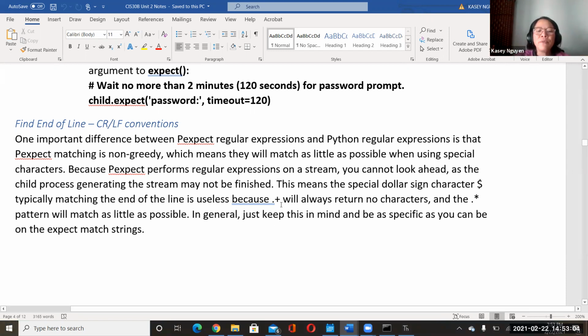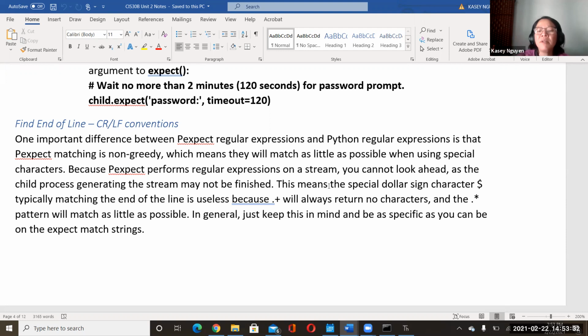So what we would do is also use symbols. In this case, the documentation says because pexpect performs regular expression on a stream, you cannot look ahead as the child process generates a stream that may not finish. So this means the special $ sign that you would use in regular expressions would not be useful.